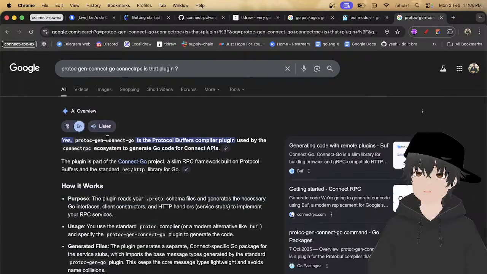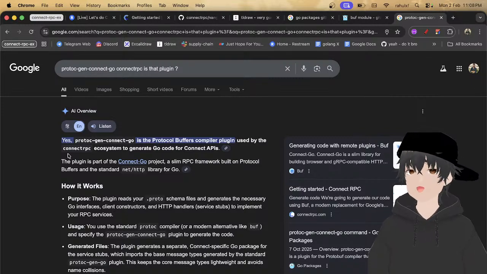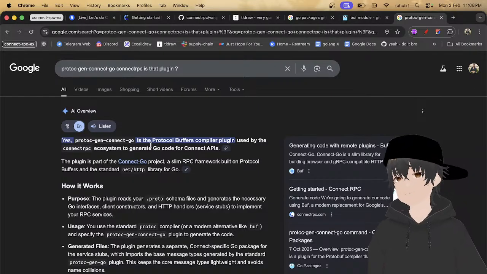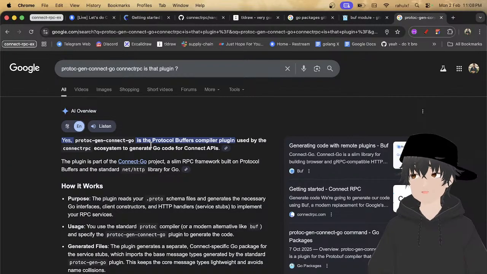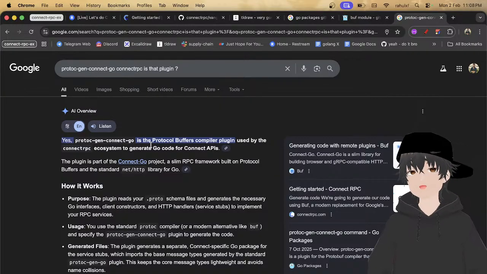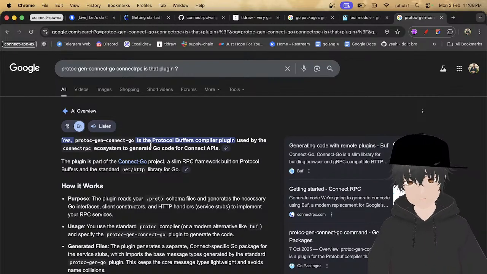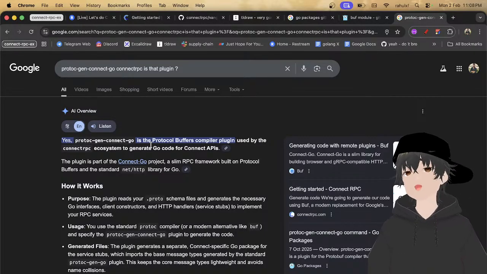Yes, so protoc-gen-connect-go is a protocol buffer compiler plugin used by the ConnectRPC ecosystem to generate Go code for the Connect API. The plugin is a part of the connect-go project, a slim RPC framework built on protocol buffers and the standard net/http library for Go.